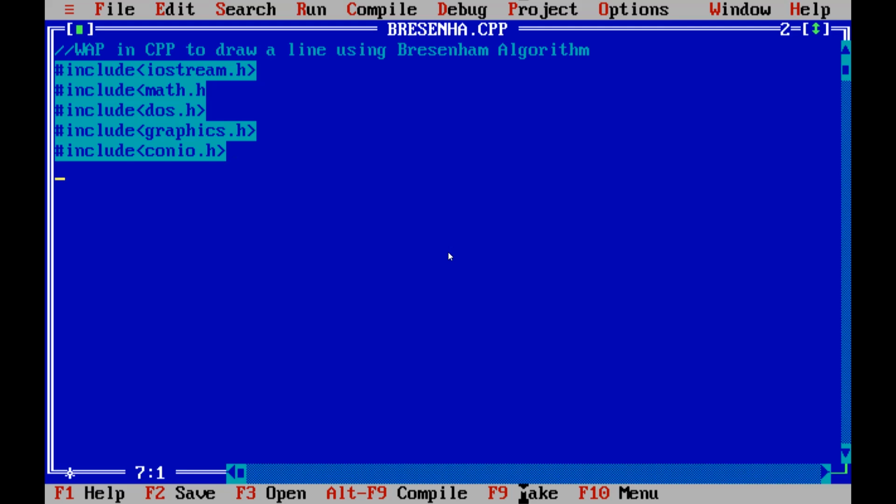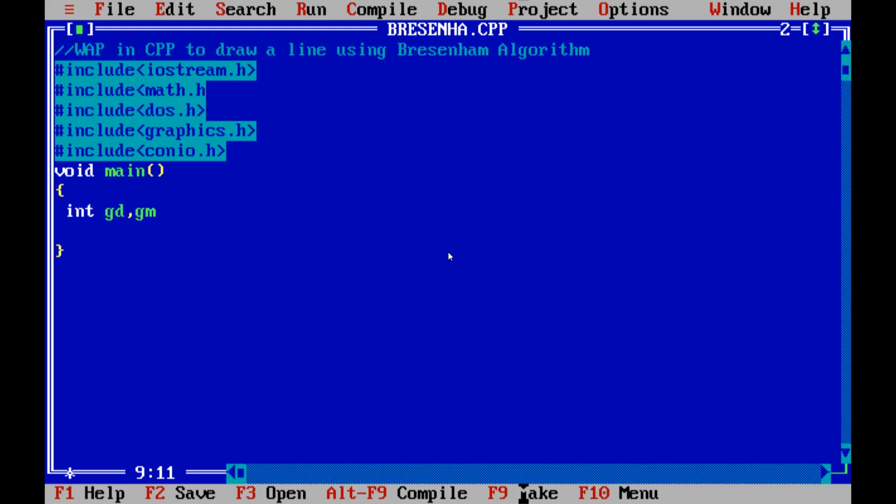Now let's start our program with void main. First of all, in the program we declare variables, the ones we require to complete this program. So int gd, that is graphics driver, and gm, graphics mode, which we already discussed in the DDA algorithm.